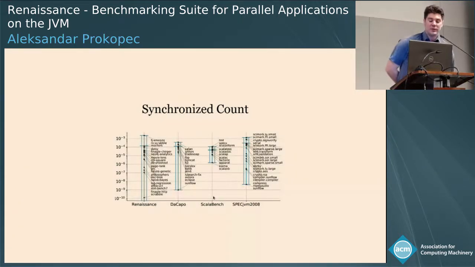And then one interesting data point is that we also looked at synchronized counts. Other than one benchmark which had a heavy use of synchronized, across these other frameworks we didn't actually find workloads which had a lot of synchronized usage, which might be an indication that developers are shunning this feature, thinking that it's somehow a performance bottleneck. So despite our best efforts, we somehow selected a set of workloads where synchronized is not as represented as in these other suites.